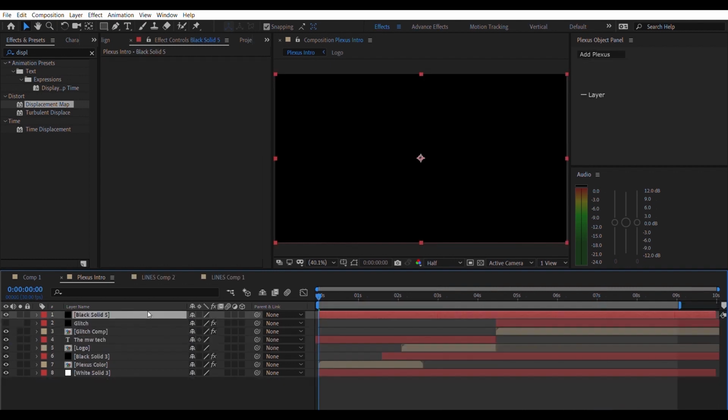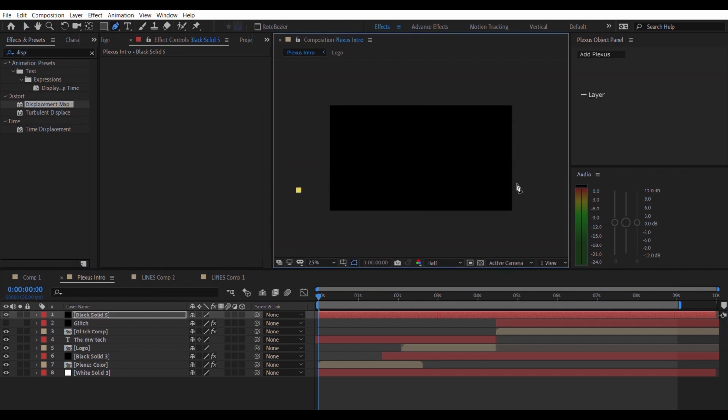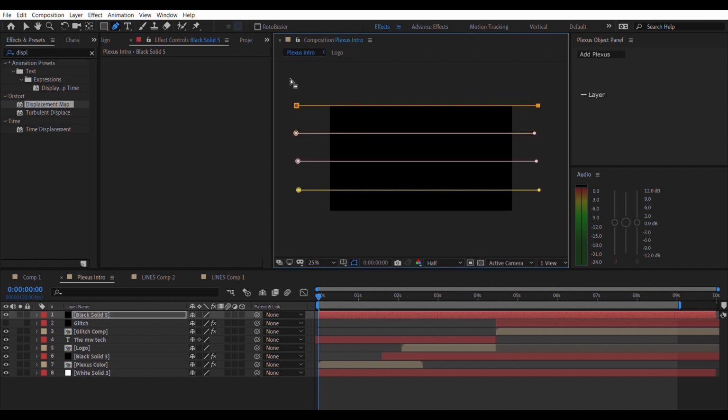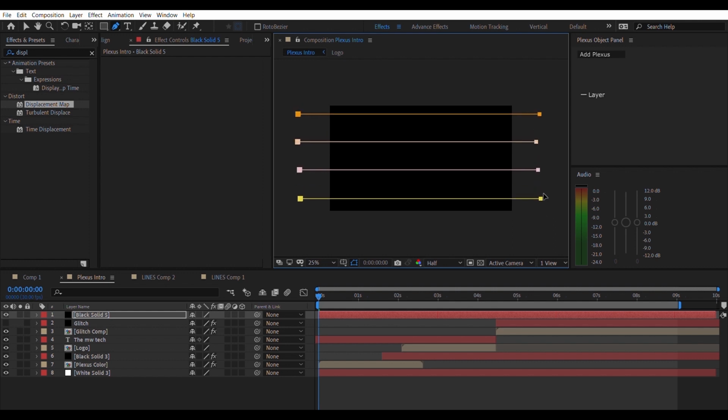For the background you have to create a new solid and then draw some lines using the pen tool. Make sure you make the lines by holding the shift key on your keyboard, and then once you've created them, click somewhere else on your screen while holding control, and then select all the points and move them around, or you can do it like this in the first place.